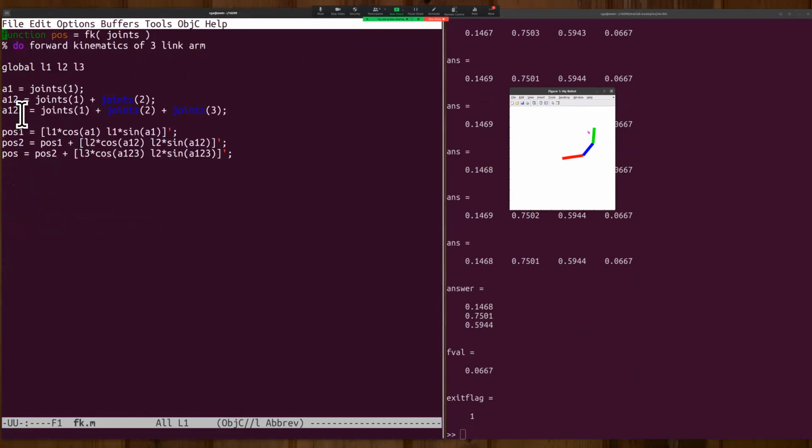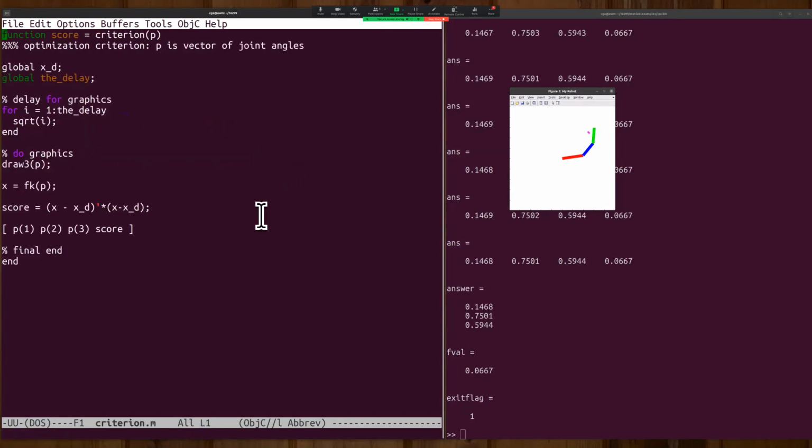The forward kinematics is basically, I figure out the angle with respect to horizontal at each of the links. That's just the sum of the joints so far. And then I do the recursive or incremental kinematics. So the first elbow is at L1 cosine theta 1 and L1 sine theta 1. And the second elbow, well, you start at the first elbow and you extend the next link. And the tip is from the second elbow, you extend the third link. So the forward kinematics is very straightforward, unlike the inverse kinematics.